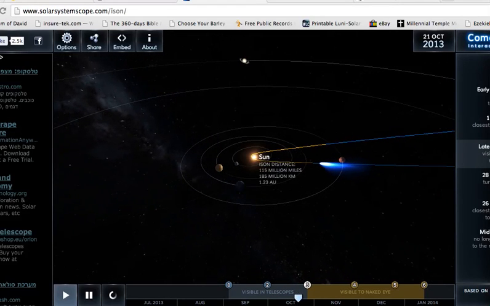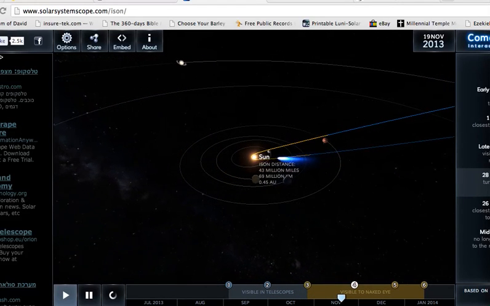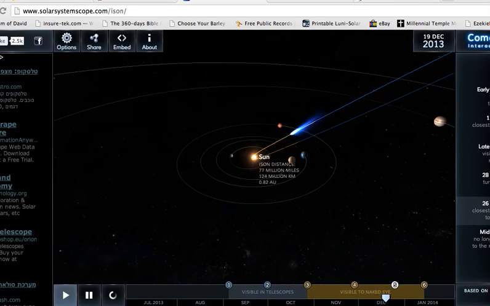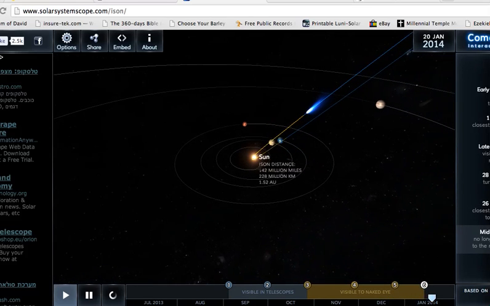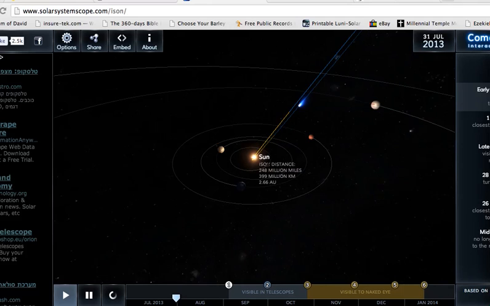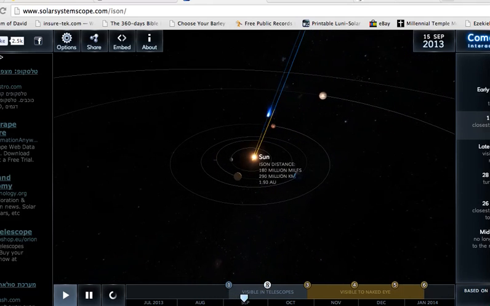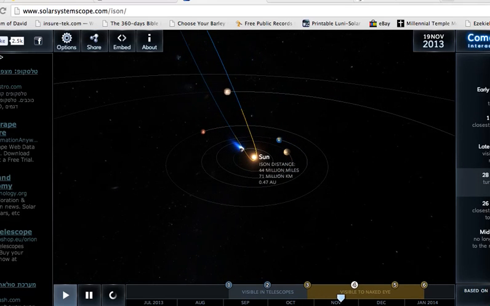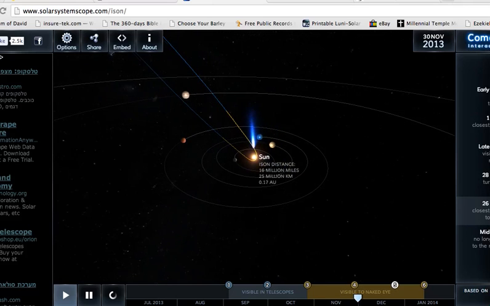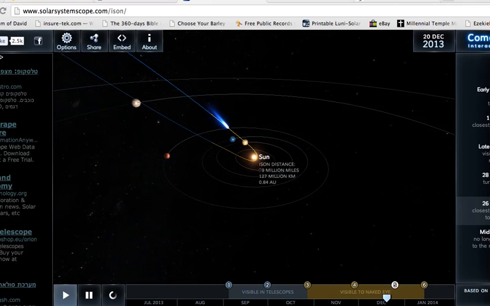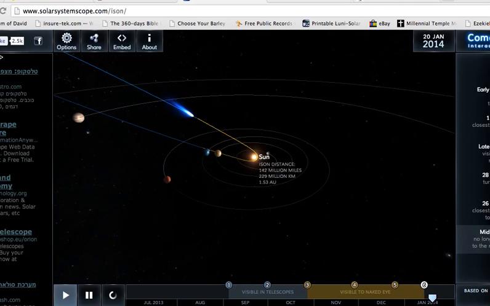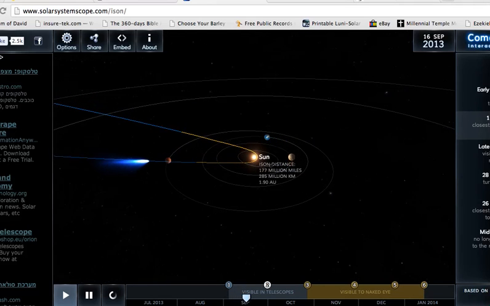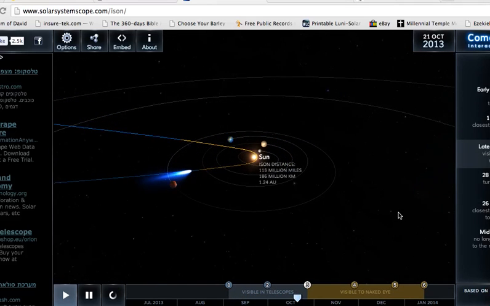I've been watching Comet Ison ever since I heard the report in late 2012 that this is going to be the comet of the century, and it was billed to be 15 times brighter than the full moon. When I heard 15 times brighter than the full moon, you can't fool me. 15 times brighter than the full moon means another sun. In fact, if the moon was 15 times brighter than it currently is, it would be brighter than the sun, in my estimation. Now, what we're looking at is an interactive model, but let me cut right to the chase